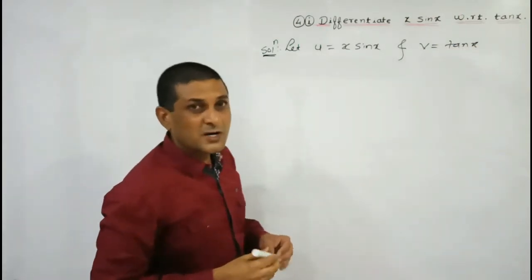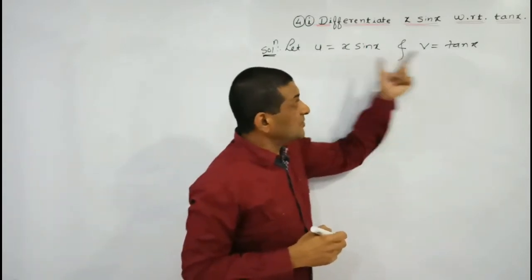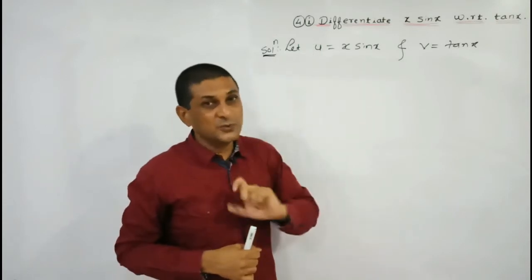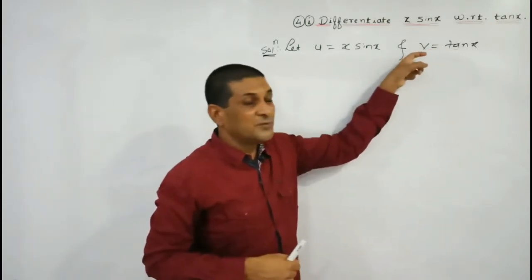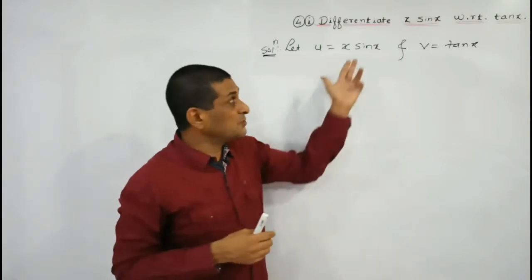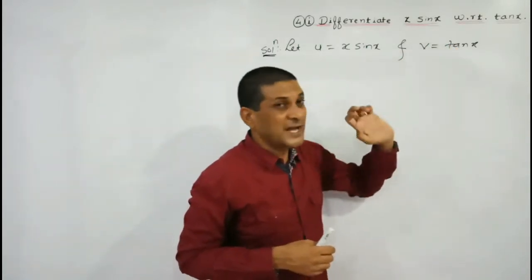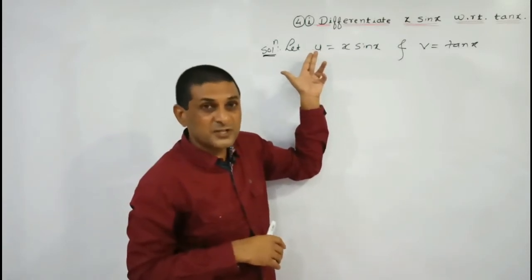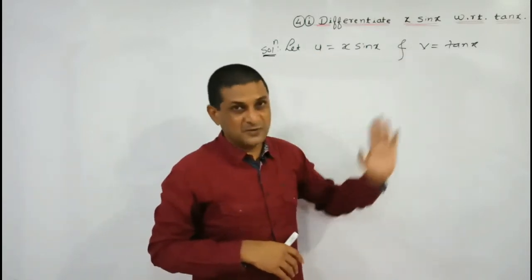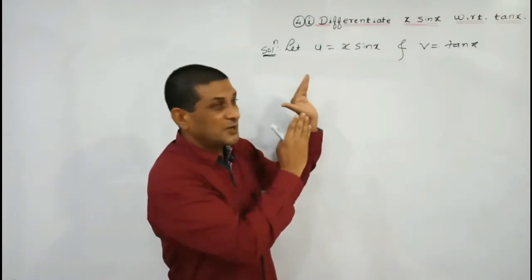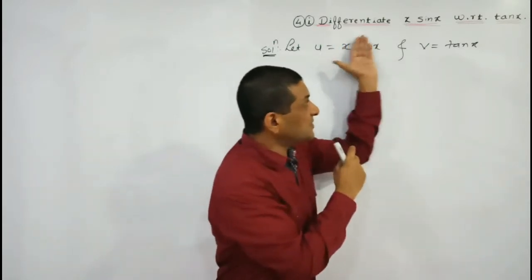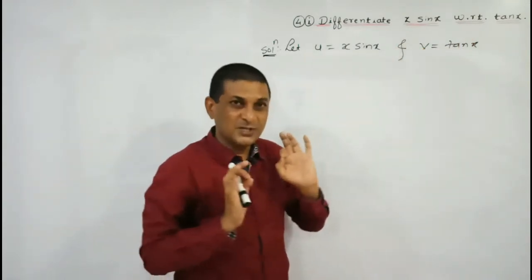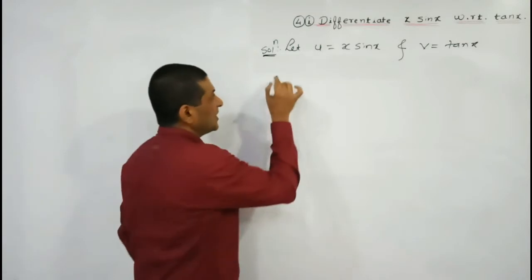Now the question is to differentiate the first function with respect to the second function. The first function we have denoted by u, and the second function we have denoted by v. The question is to differentiate x sine x with respect to tan x. In other words, x sine x means u, so we have to differentiate u with respect to v, and v means tan x. We have to differentiate the first function with respect to the second, means we have to differentiate u with respect to v. That is our question. Means we have to find out